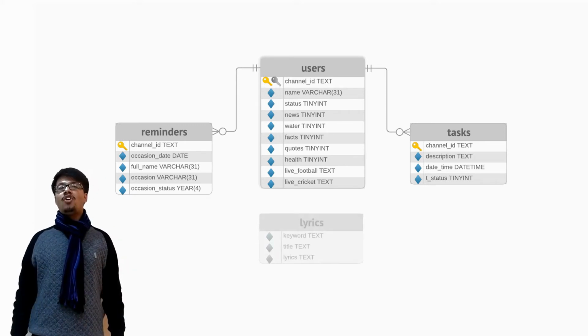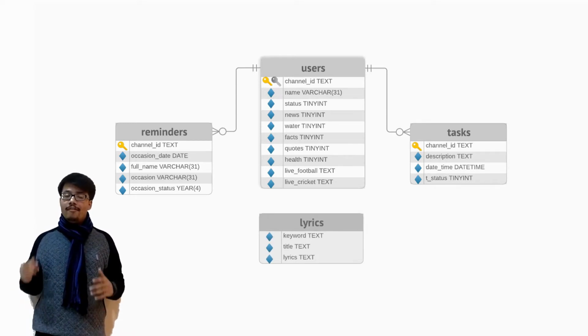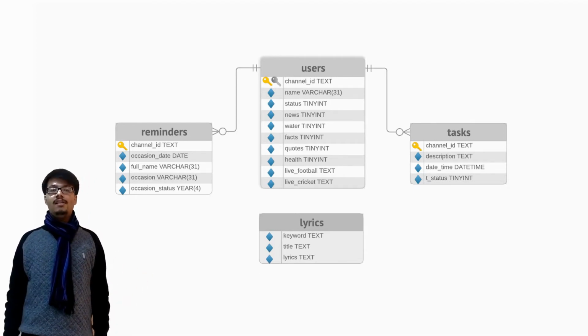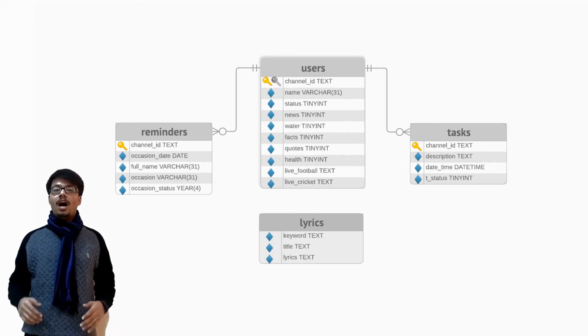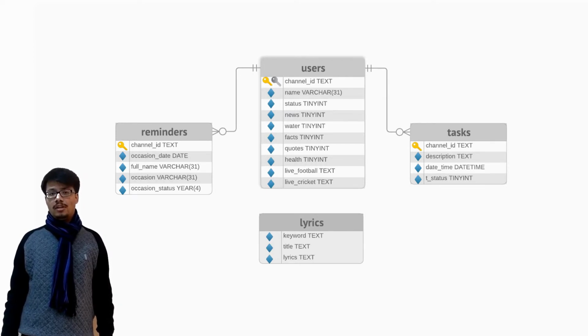We are caching song lyrics into a lyrics table once the requested song is processed to the user, storing the relevant keyword with the title and the lyrics for the song. This helps us save a lot of unnecessary web and API calls for duplicate requests, yielding a faster response time overall.